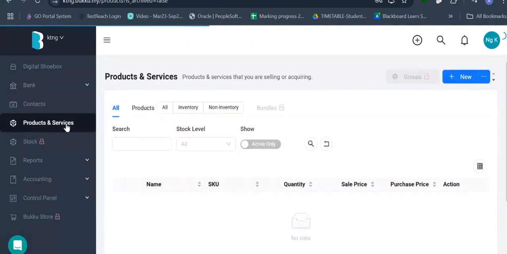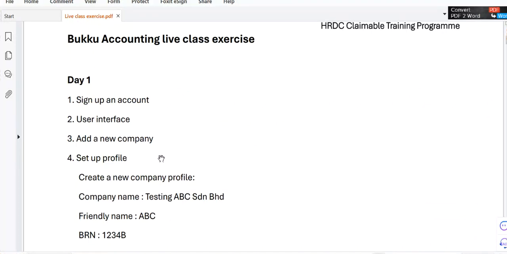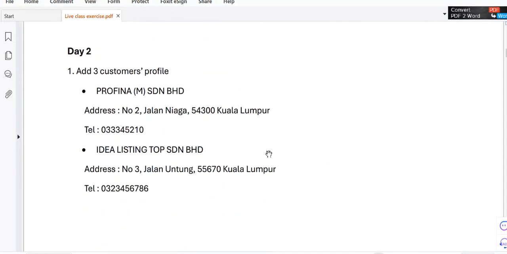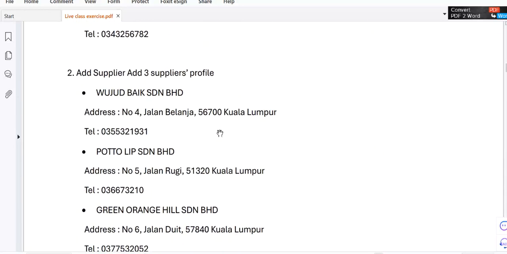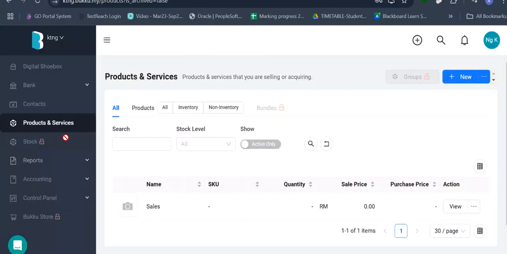Our product, we can, okay, the product list. If you come back to here, the second day we're going to have this inventory creation here. So that will be here then. Stock module is a separate subscription, so here we don't have it. The stock module is normally for those who hold a lot of inventory, like hypermarkets, retailers, bookstores. They hold a lot of inventory, so they need something even more powerful. At the moment, it's not available in our subscription plan here.